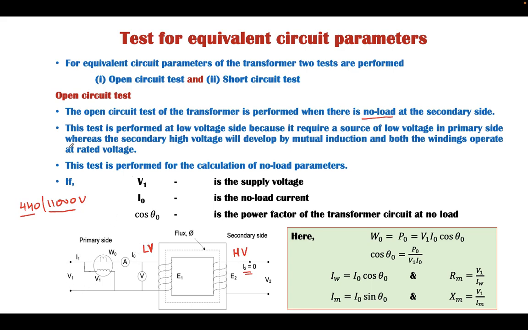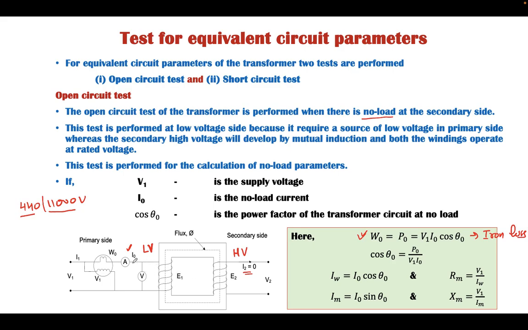When it is performed at the low voltage side, with the secondary made open, the reading of the wattmeter on the primary side, where the supply is connected, is the no load loss. This no load loss is also considered the iron loss of the transformer, because it occurs in the iron part of the transformer at a reduced level of current, that is I0, the no load current, which is hardly 8 to 10% of the full load current.